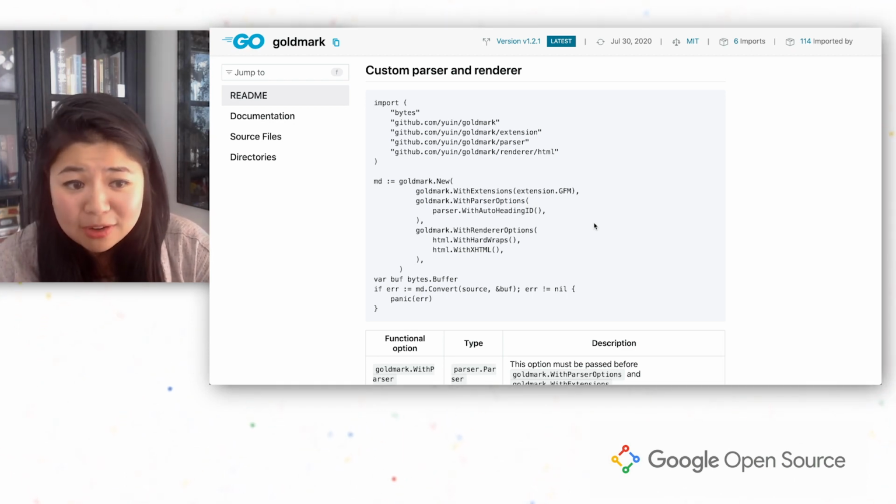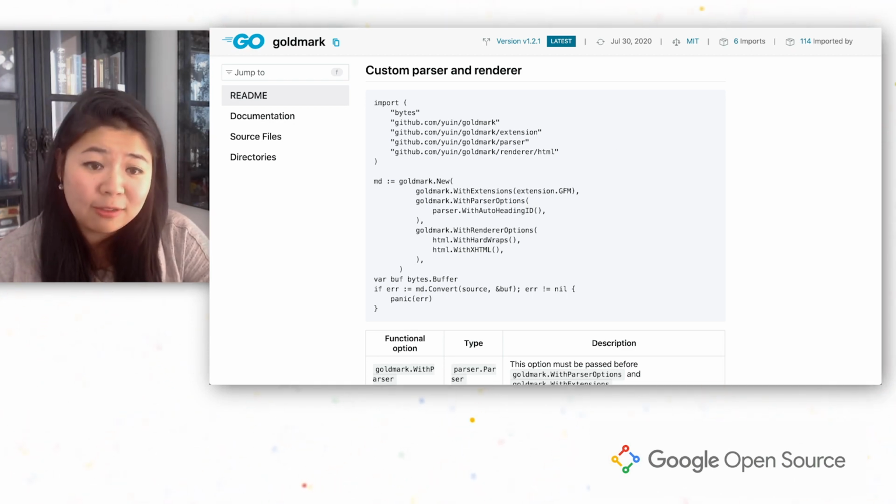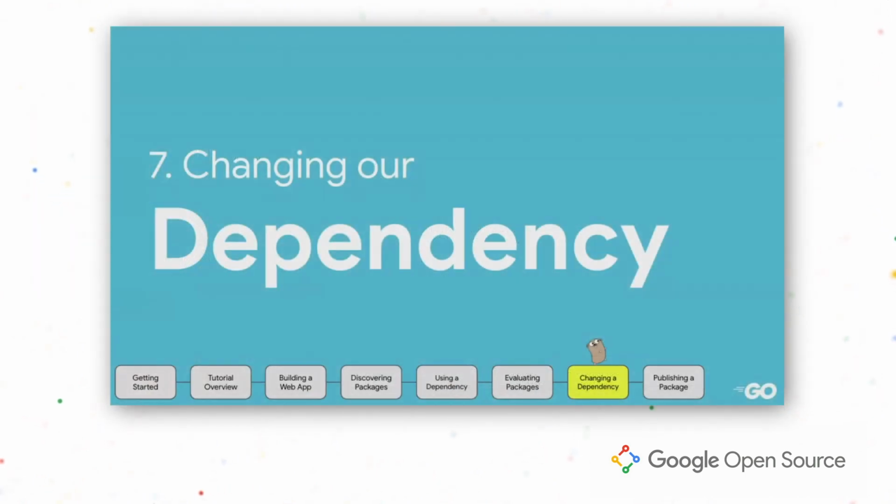Okay, Rebecca, I think we have enough information here. Do you want to go and give Goldmark a try? Sounds good. Let's switch out Black Friday for Goldmark. We're going to start off by downloading the Goldmark package,